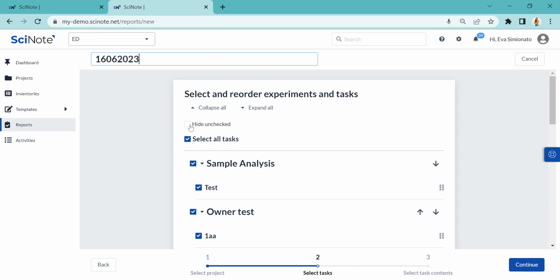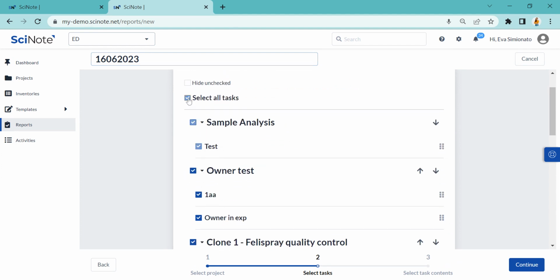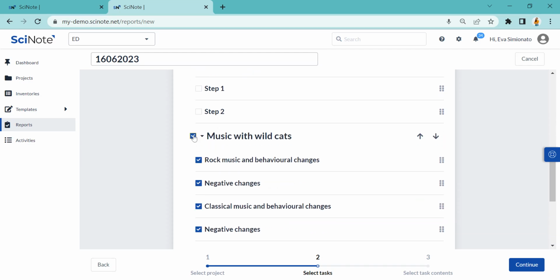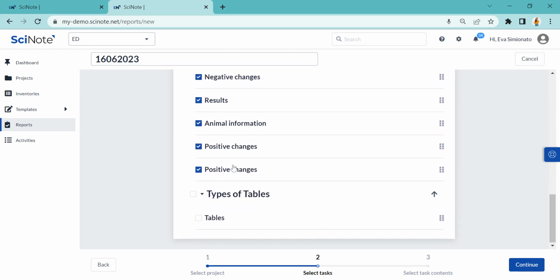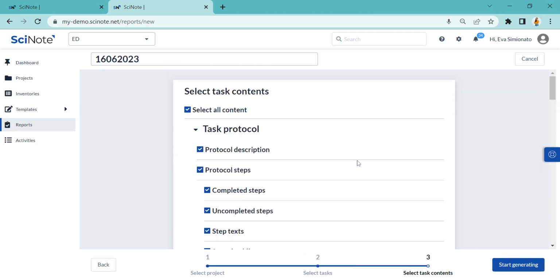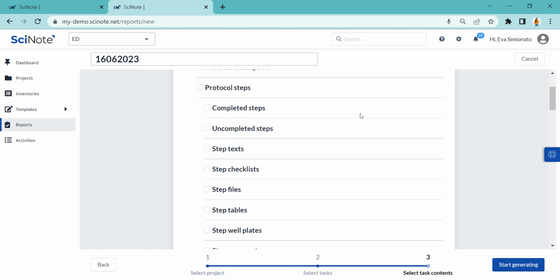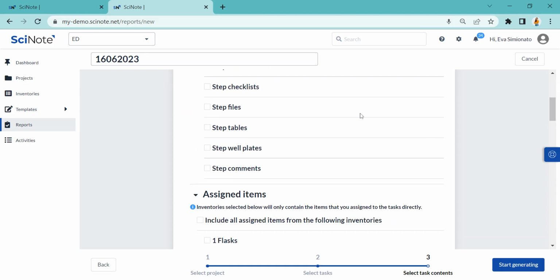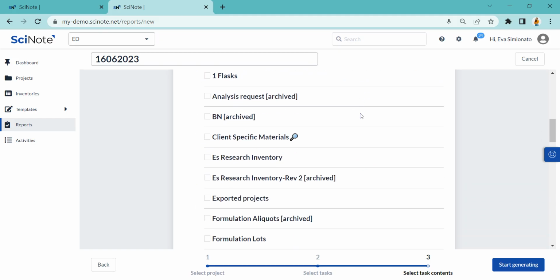And now you can decide first which are the experiments that I want to look at. So let's imagine that I only, actually, let me do this. I'm going to deselect everything and I just want this experiment here with all the tasks. Continue. And now in the second stage, I can, for example, deselect everything and I, for example, just want, let